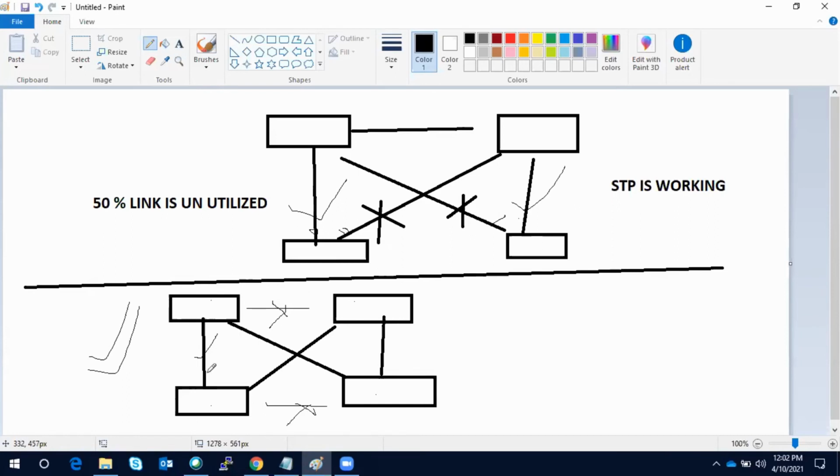Second thing is these ports are routed ports. So when the port is a routed port, there is no issue of layer 2 loops. Obviously you don't need STP, or STP will not work on layer 3, right? So you don't have to worry about one of my links being in blocking and another link being in forwarding. All your links will be in forwarding state. So you are using what you are paying for.